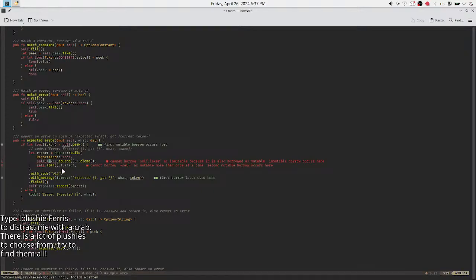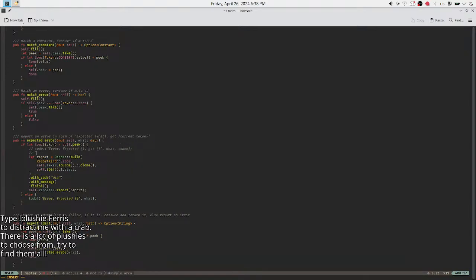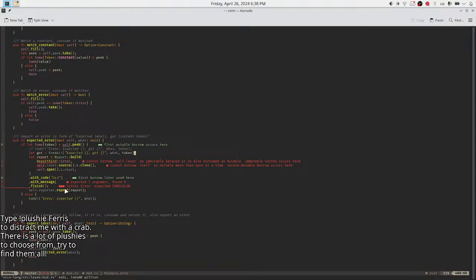So we've got a report. Cannot borrow immutable. Oh, why? Later used here. What do I do? That got means not got its message.